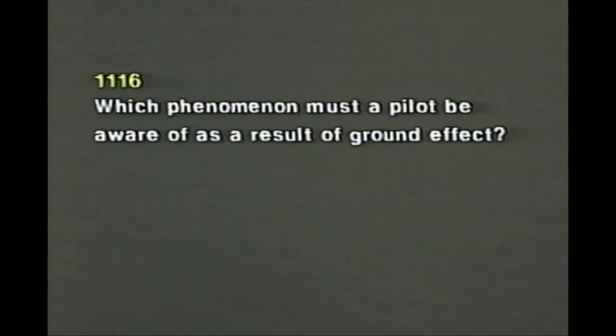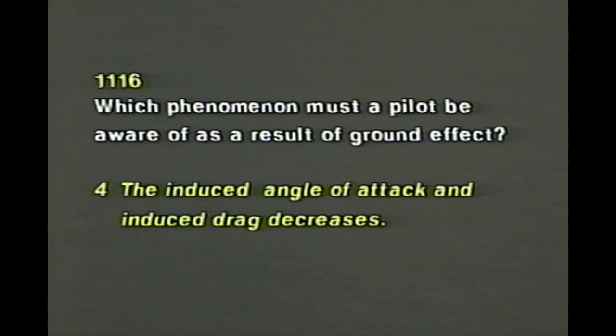Next page, question 116. Which phenomenon must a pilot be aware of as a result of ground effect? It's answer 4, the induced angle of attack and induced drag decrease. That's a fun answer. Question 117. After takeoff and after leaving ground effect, the pilot will need to...